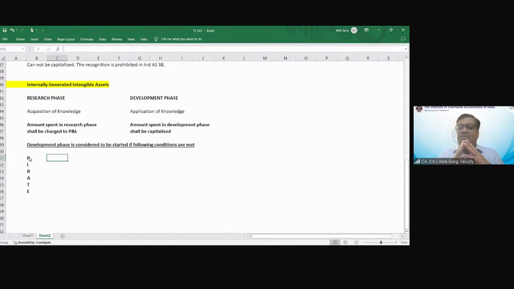Yes. So development phase is considered to have started if the following conditions are met. First of all, let me talk about the conditions, then I'll come to the shortcut. Condition number one: it is probable that future economic benefit will be received. For example, once the company has reached the right alternative, the right drug, the right formula, the company said yes, the